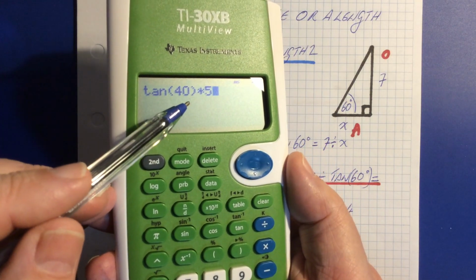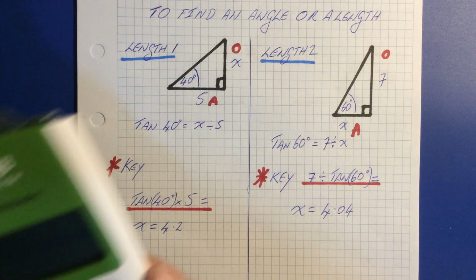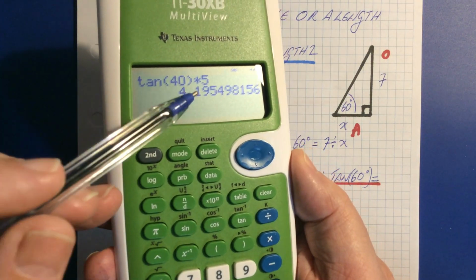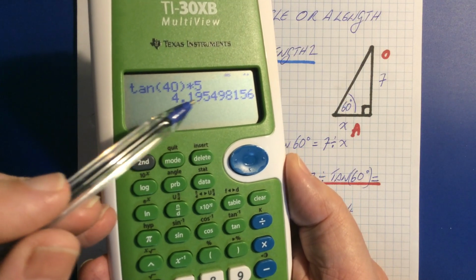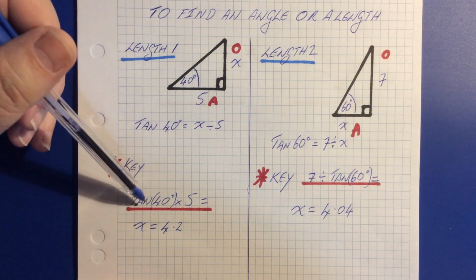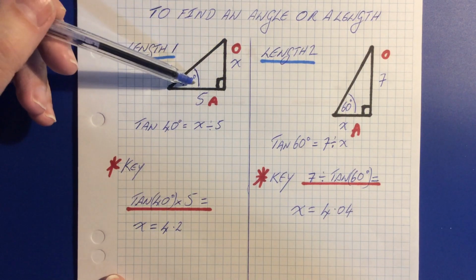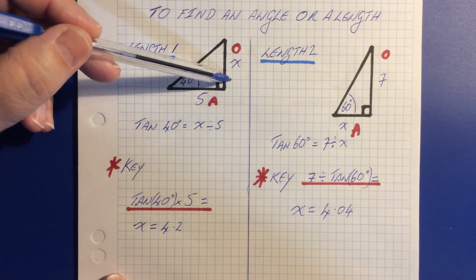So tan 40, close the brackets, multiplied by 5, and push enter. And the answer I get is 4.2 approximately. I've rounded, as you can see. And so that is how you find the length when the length is opposite the